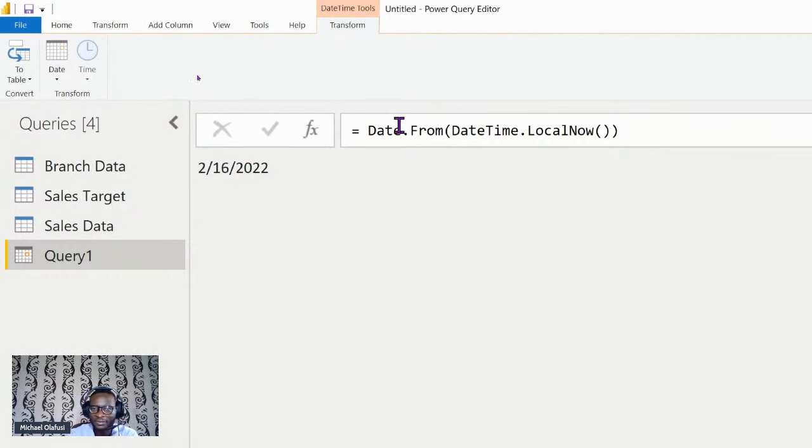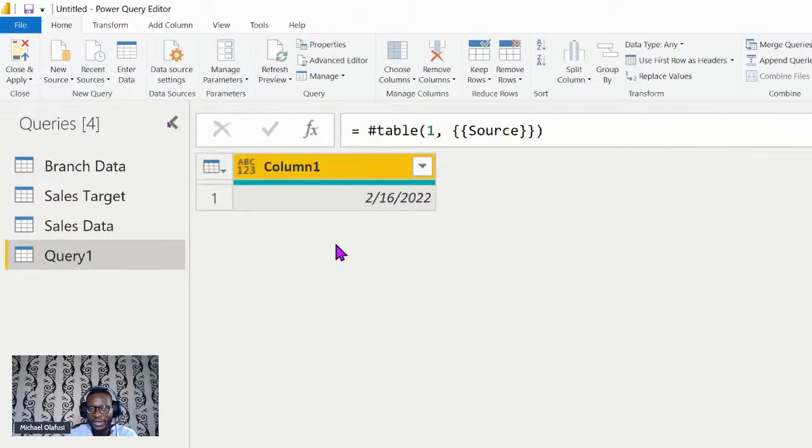All right, so now that I've said that, I'm going to convert this to a table, right? So you can see it, I'm converting to a table. So I'm going to now rename my table to date table. Then I'm going to say this is obviously the start. No, this will be the end date, today's date, right? End date. I need the start date.